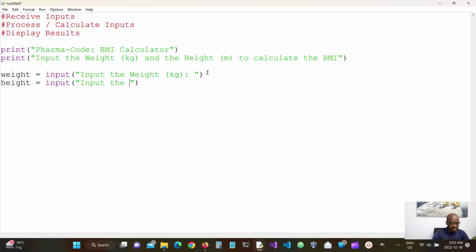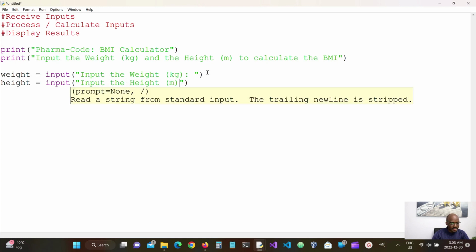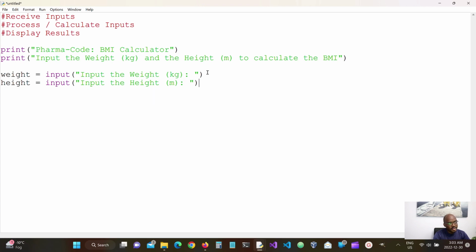Height in meters. Okay, now that we have these two, one thing is that any input from the user in Python is always treated as a string. So whenever the user inputs these, of course we're expecting them to input numbers, right? But these values are technically strings, and so before we move to step 2, which is process and calculate the inputs, we want to convert these strings into numeric formats. So even though the user inputs 70,